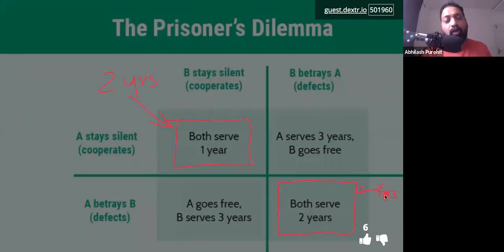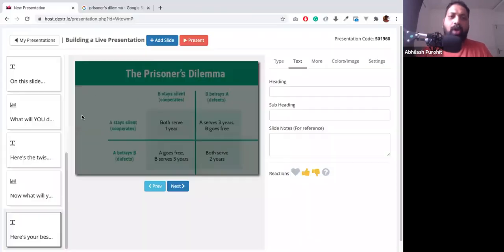So now you can turn this whole thing into decision making and say that prisoner's dilemma is not just a thought experiment where you're asked to do this. This is a classic case of game theory, in which, again, I urge you all to read more about prisoner's dilemma and game theory. And this game theory is applied in, again, I will not do this. I'll show you how I would have done it.